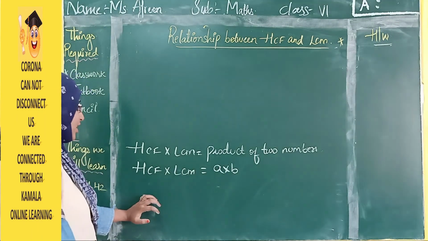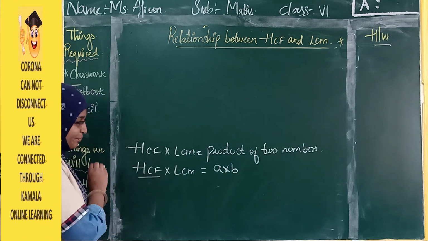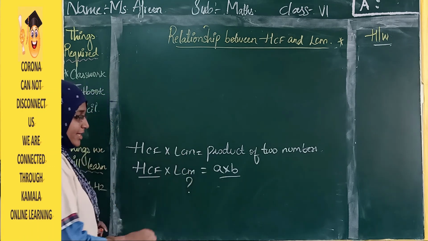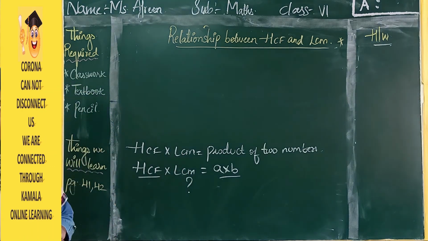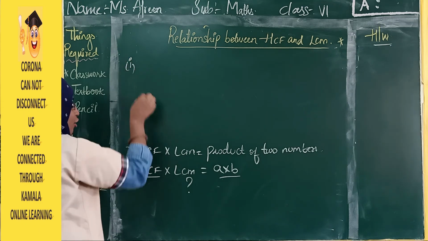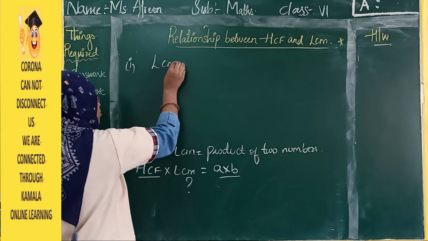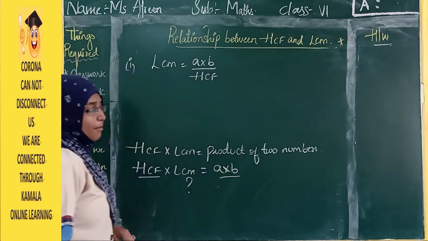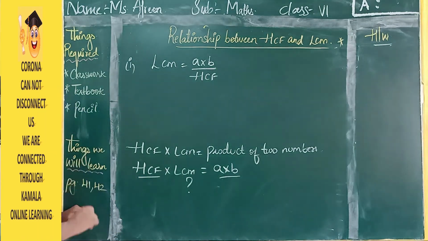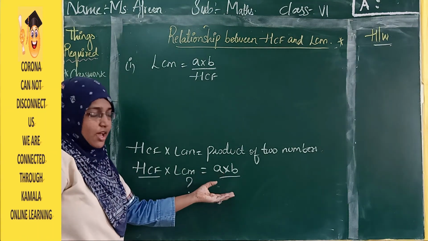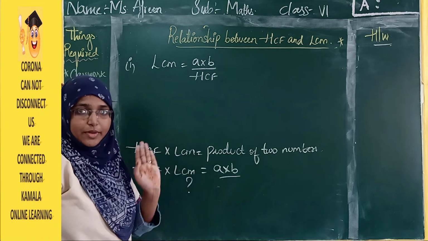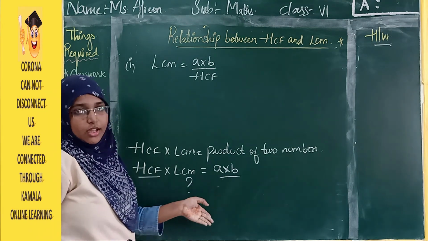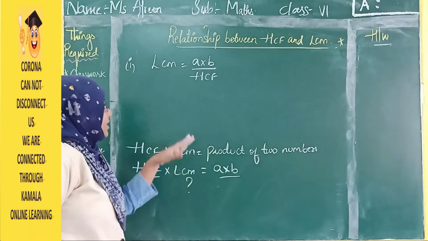Now supposedly they have given the value of HCF and the value of A into B and asked you to find what the LCM is. So what is the formula for that? You write in Roman numeral 1 below this: LCM is equal to A into B by HCF. This HCF is in multiplicative form, right? When it goes to the right side, it divides. It will be getting divided. Here it is in the multiplicative form, and when it goes to the right side, it will be in the division form. Okay? It gets divided.